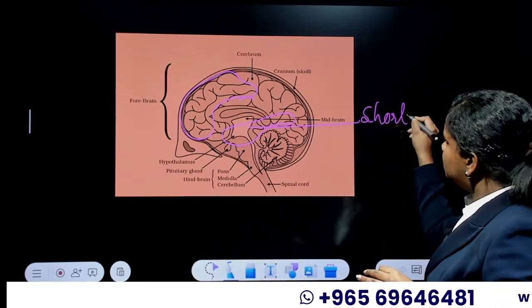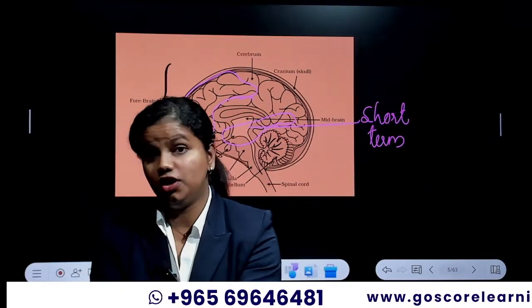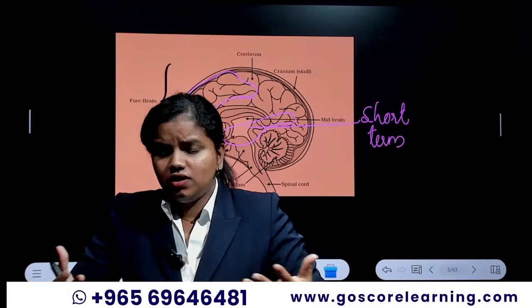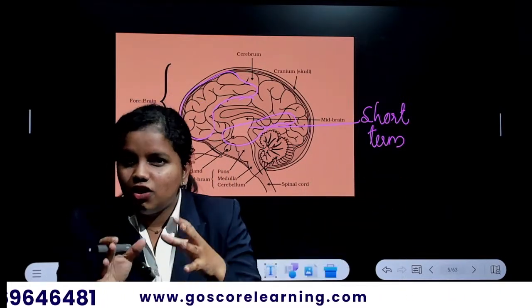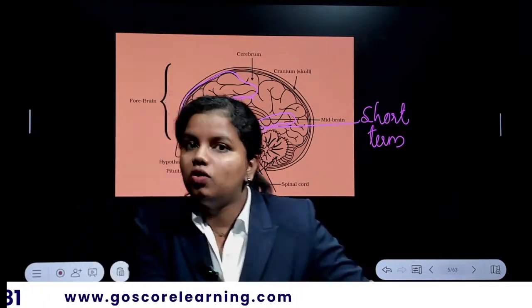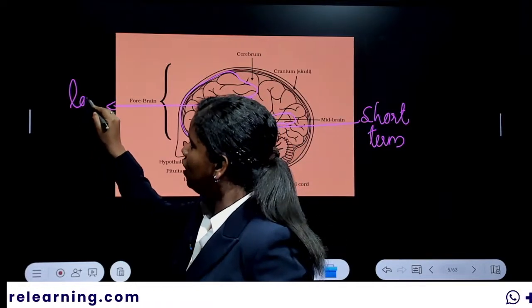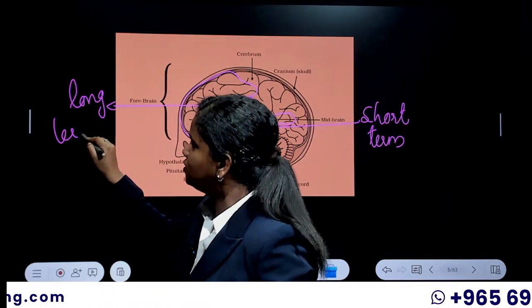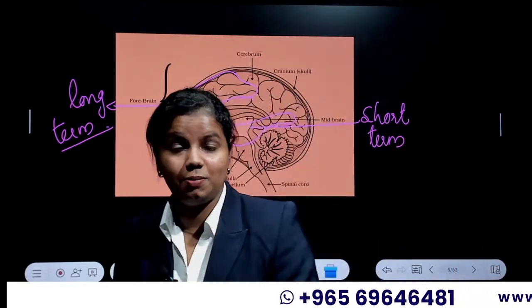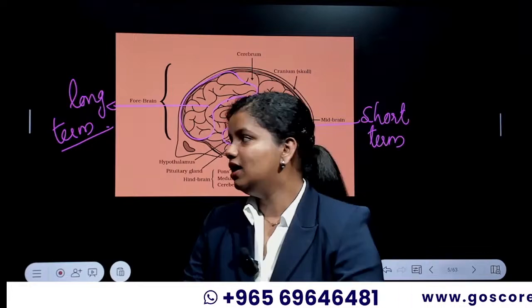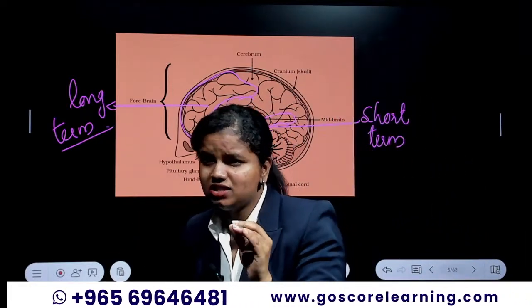What is short-term memory? Suppose you take a topic and you are learning it, and whatever you have read as you're reading is just in your short-term memory. In order to convert it into long-term memory, which is only in your neocortex area, this is your long-term memory region. It can stay there for years, maybe months, maybe weeks, who knows. But your short-term memory is there just for a few seconds, a few minutes, maybe a few days.